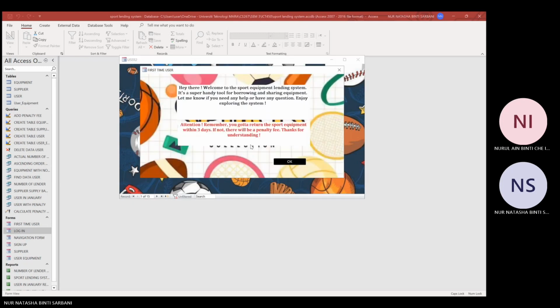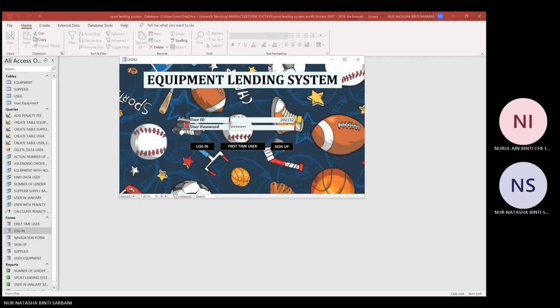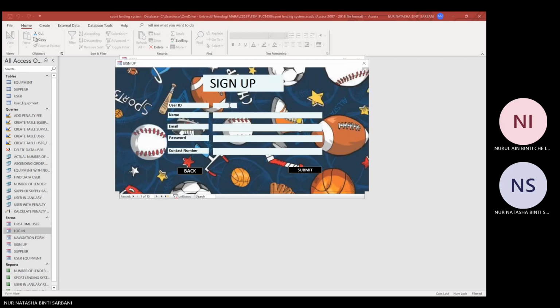A pop-up message will appear with a reminder to the user that they have to return the sport equipment within 3 days or else there will be a penalty fee. Click OK to return to the home page. And then for those who do not have an account, they need to sign up first and fill in their